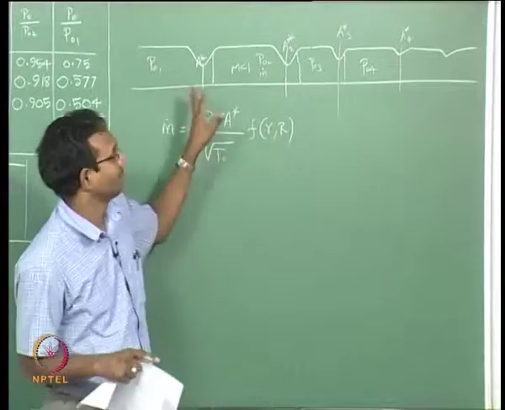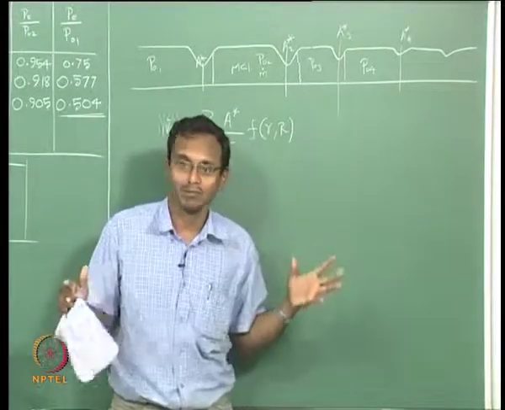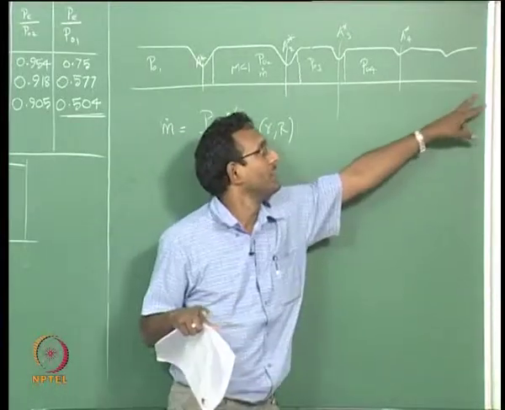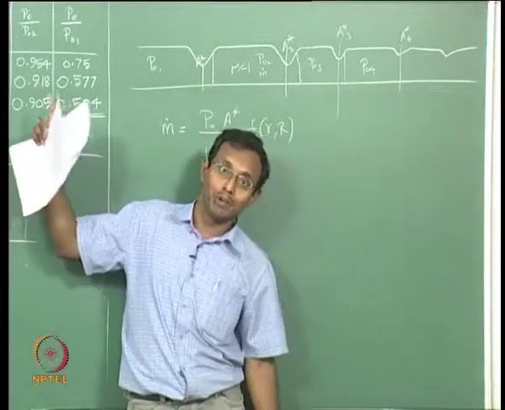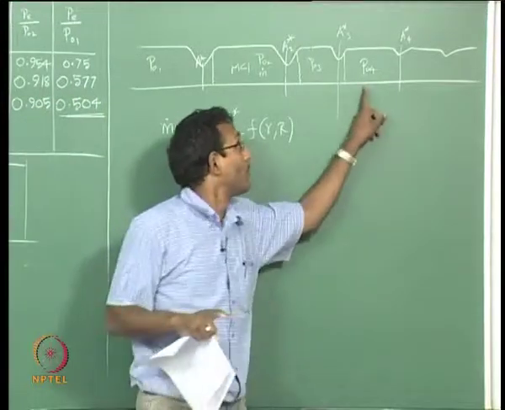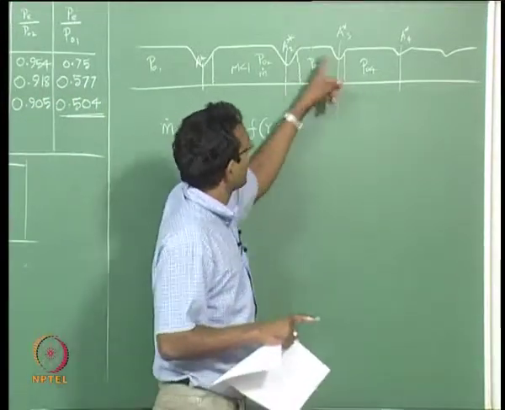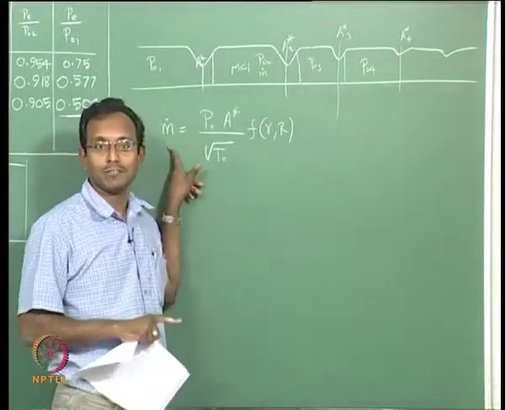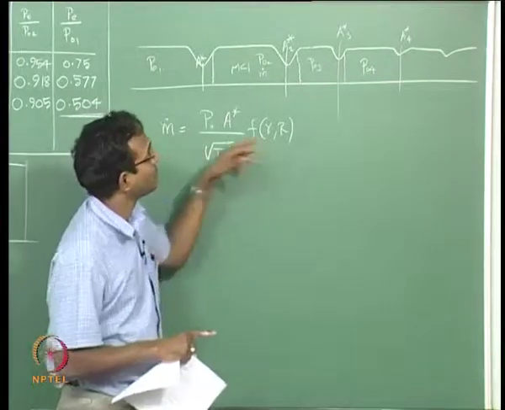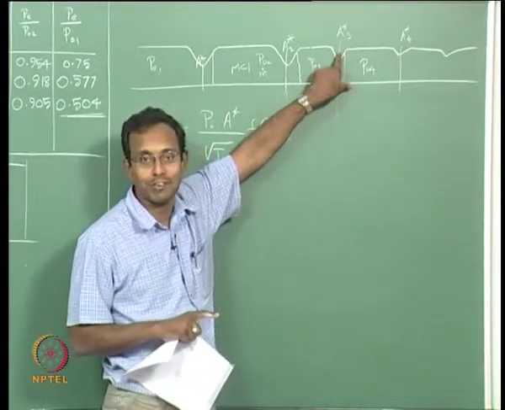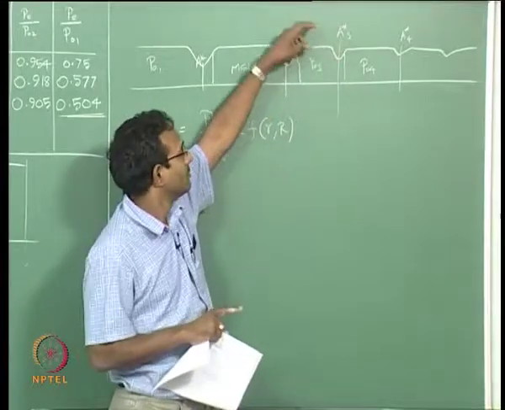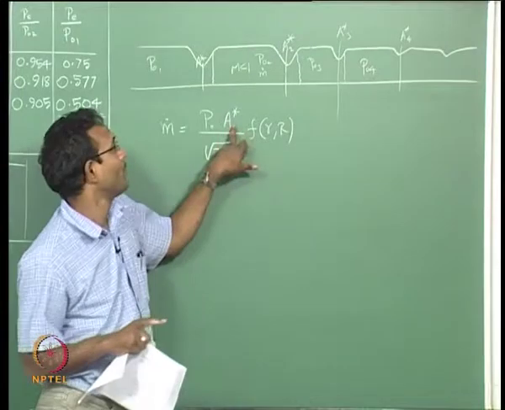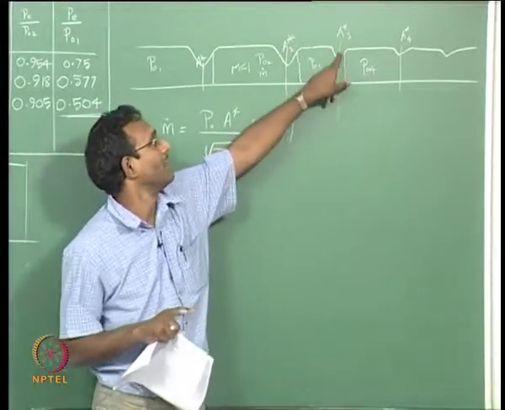Now it is very stable. Shock in divergent portion, very stable. So now if this is the case, as long as my PB is very, very low and my P naught 1 is pretty high, I can go to a point where I can choke it how many ever times I feel like, as long as I maintain my mass flow rate constant. Of course you should know that there is only one particular value at which this will choke. There are particular values, it cannot work for all conditions. My area should be more than at least a minimum value.